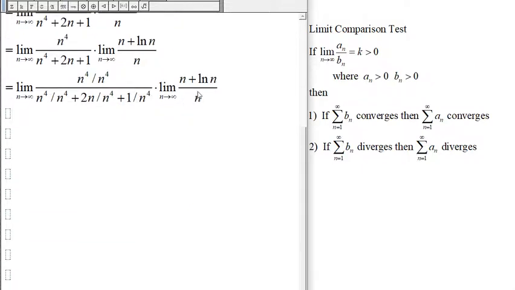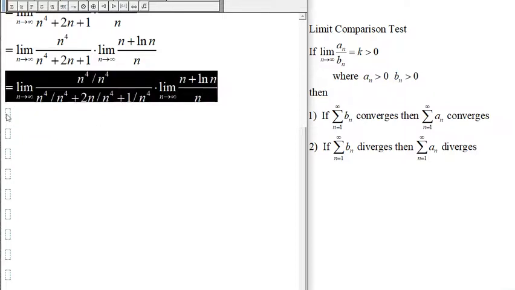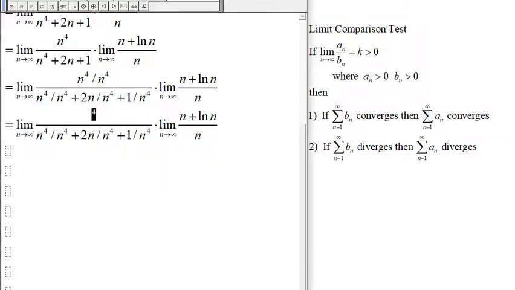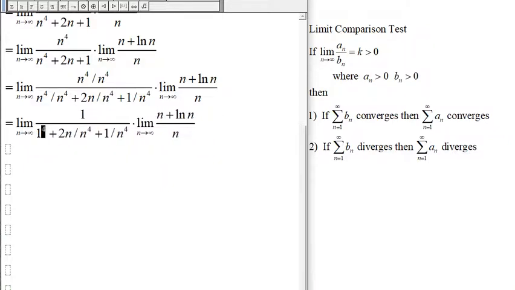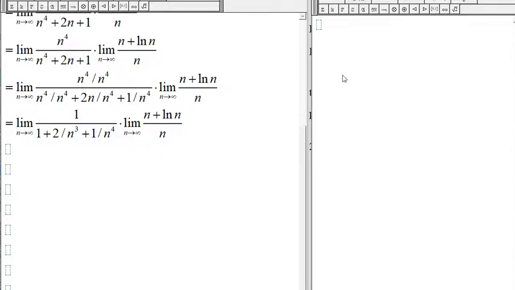And then for this one, we can use L'Hopital's rule. So this becomes 1. And this is 1. And this will be 2 over n to the third, and that will be 1 over n to the fourth. And then for the limit right here, the corresponding continuous function is x plus ln x divided by x. If we let x run to infinity, then we get infinity on the top and infinity on the bottom. So we can use L'Hopital's rule, which says that